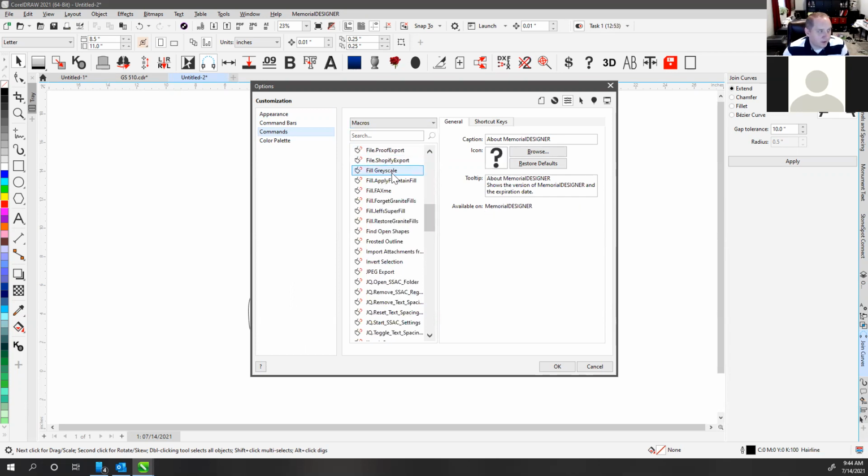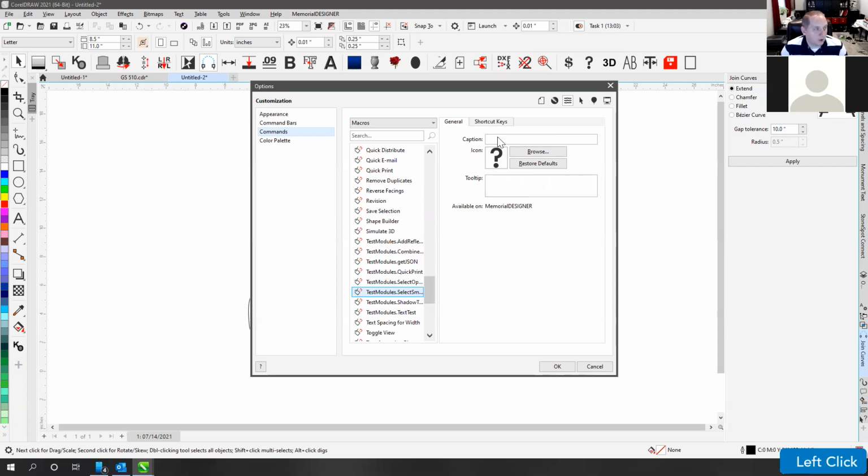In this case, it doesn't separate them up into the different GMS modules that they are, so you just have to go looking for it. So if we go down here to test modules and select small, and then we can come over and tell it what our button should be. So if we just say select small,